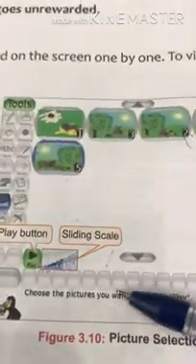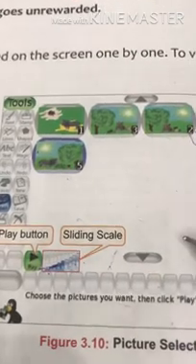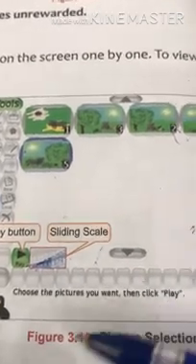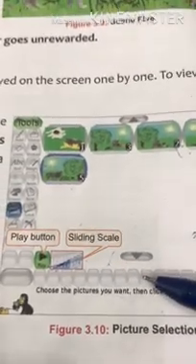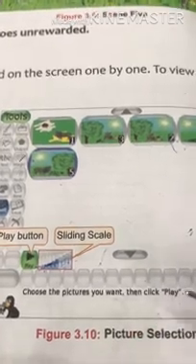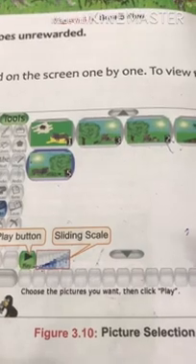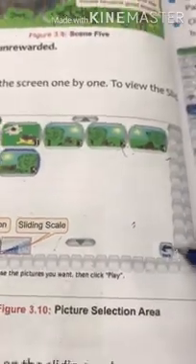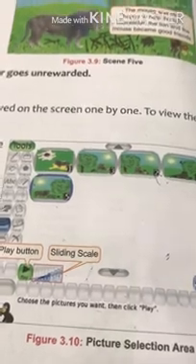And children, one more thing, if you want to go to the next slide manually, we have to press the space bar, Enter button, or right arrow key on your keyboard. It helps you go to the next slide manually. There is also a Back button.